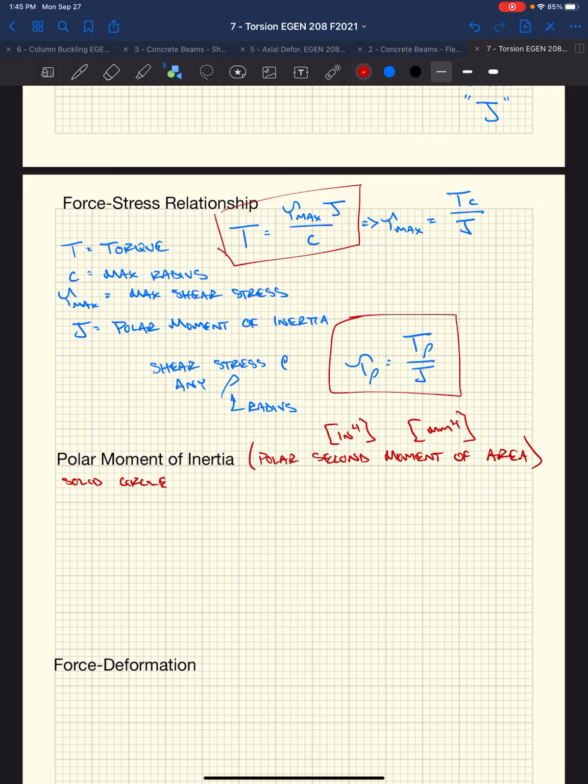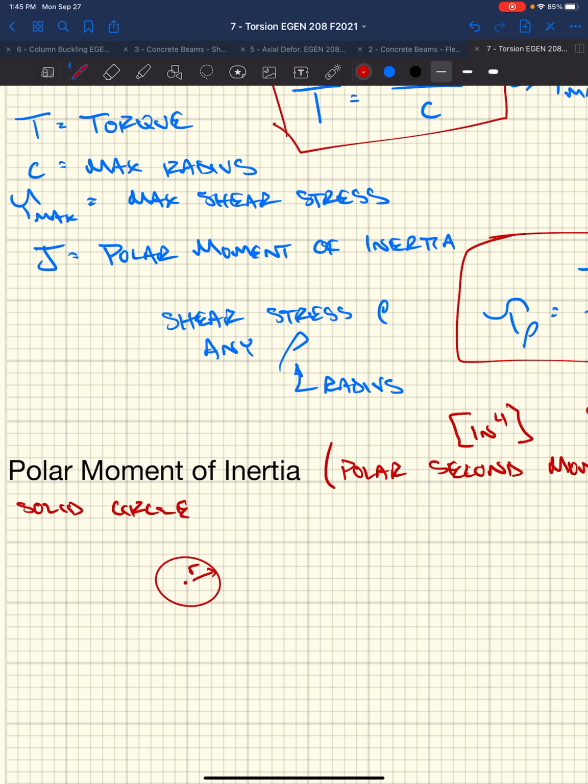We have a circular cross section, or oval like that one. And it's got a radius r, a diameter d. Our polar moment of inertia is simply pi over 2 times the radius to the fourth, which is the same as saying pi over 32 times the diameter to the fourth. Okay. So if you know the dimensions of your shaft, the diameter or the radius, you could calculate your polar